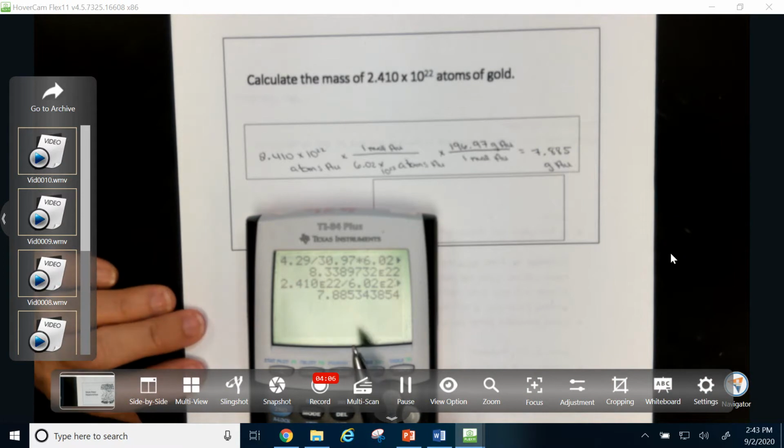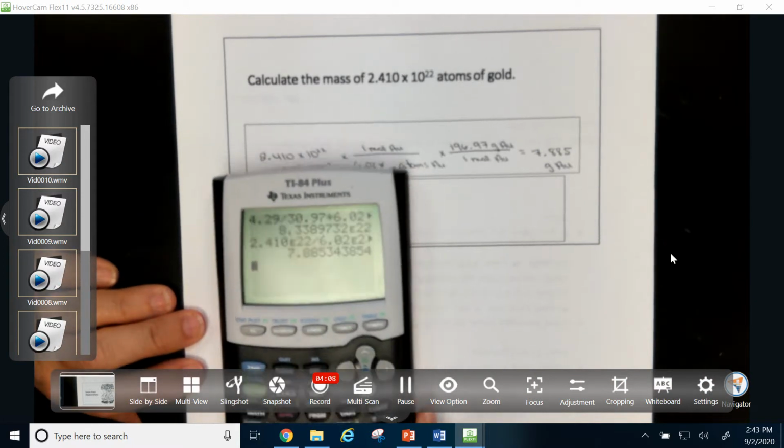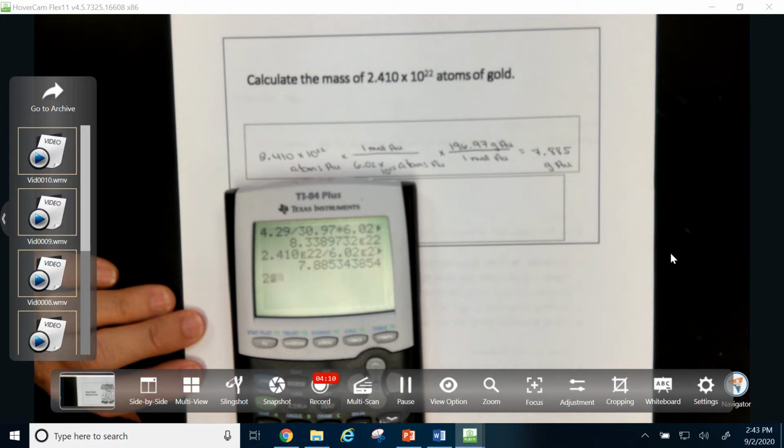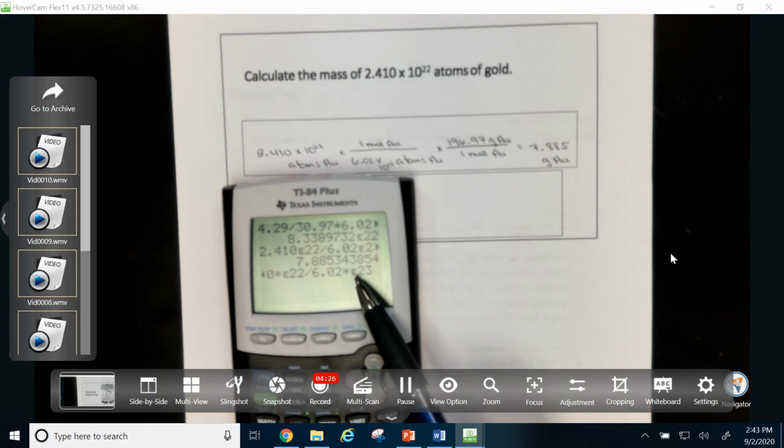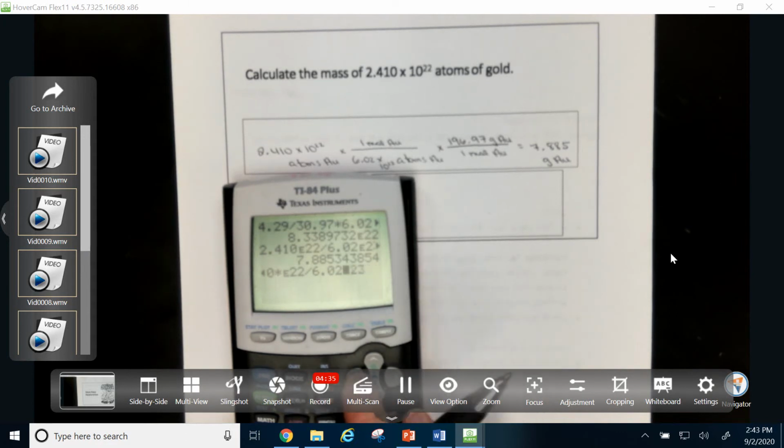I want to point out not to do any funny business in the calculator. What I mean is, don't do a 2.410 times E 22 divided by 6.02 times E 23. We don't want to do that. That's funny business. If you put a times and an E, or a times and a 10 and an E, you're going to make some mistakes in the calculator. So always just use that EE function and don't do any, what I like to call,